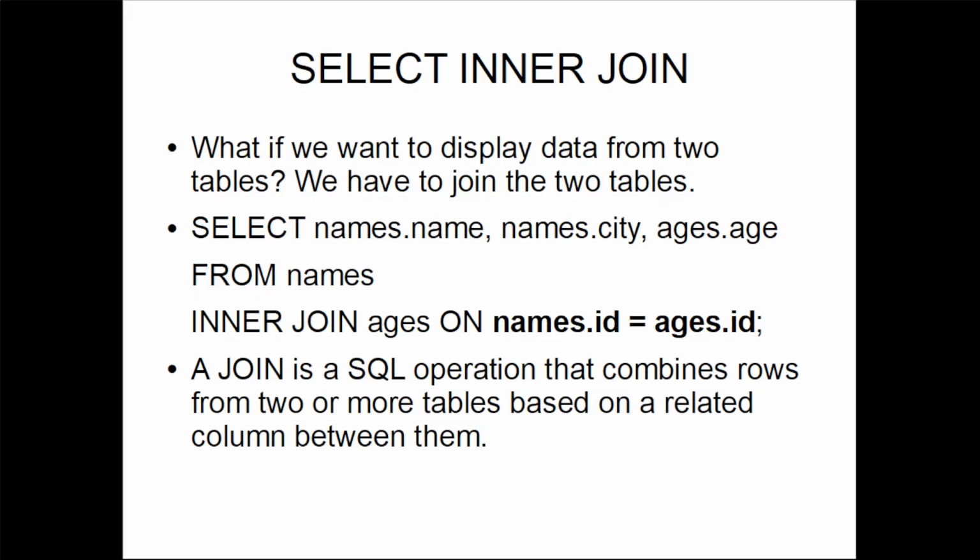In relational databases, data is split across tables to minimize duplication and keep things tidy. For example, storing names and ages in separate tables avoids repeating city data for each age entry. Inner join lets you combine just the data you need, like creating a report with names, cities, and ages, without redundant storage. This is a cornerstone of working with relational databases, whether you are building applications, analyzing data, or generating